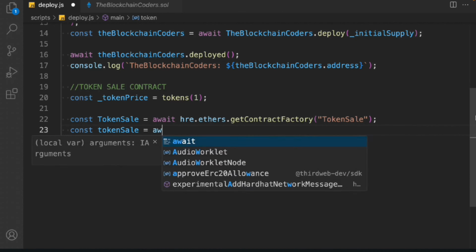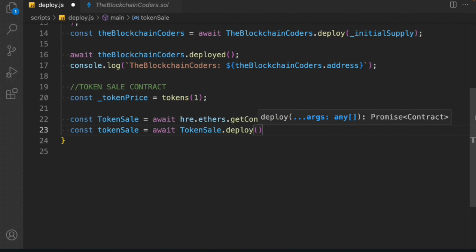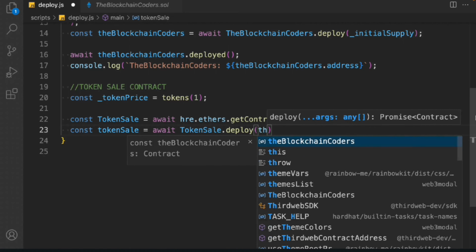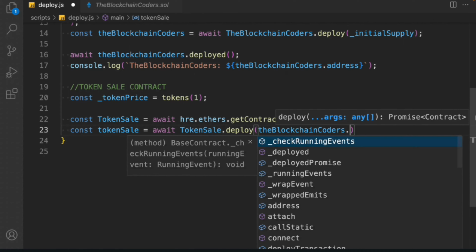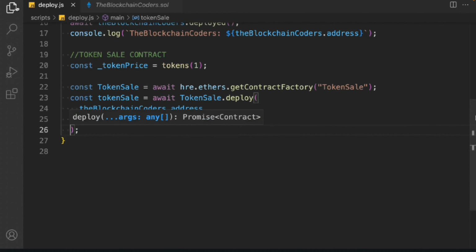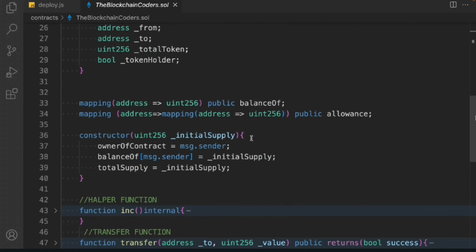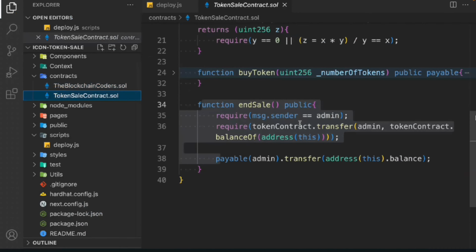Token sale, await token sale.deployed, and we have to pass the address of the token and the token price. So we have the address here, the blockchain coder.address, and we have the price, the token price, and these are the two things we are passing. So if you come back to the blockchain token sale contract,